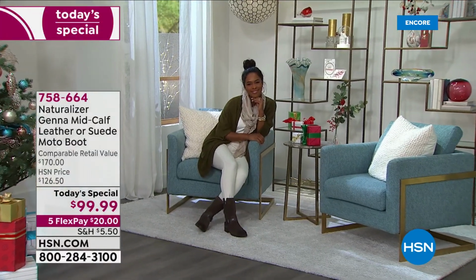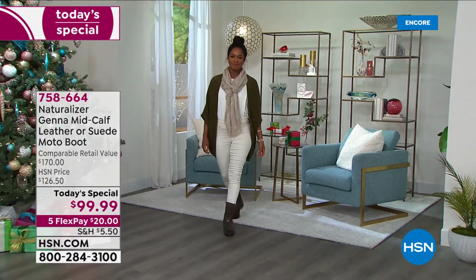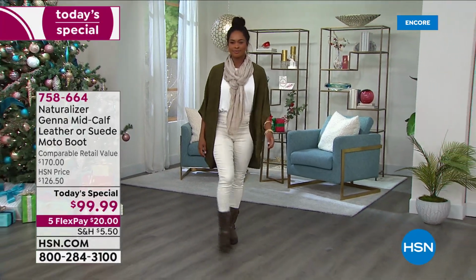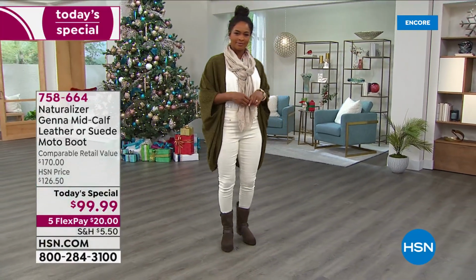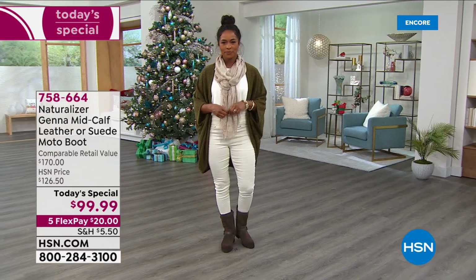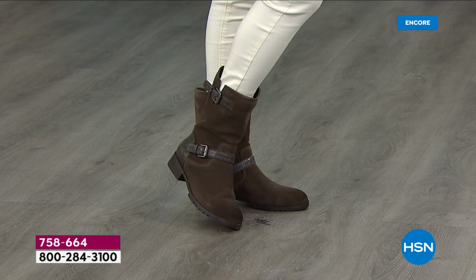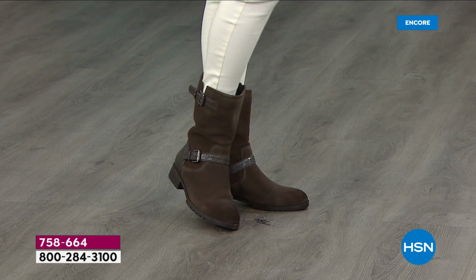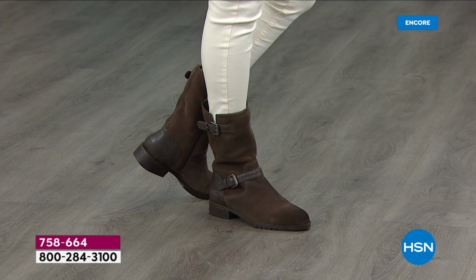And you know what, Callie? A catchphrase that Naturalizer uses for a lot of their shoes is elegant utility. You're going to find this beautiful blend of a shoe that has elegance, but can also be casual and functional at the same time. You can pair it so many different ways. You can look so modern, you can look so trendy, but it still has this beautiful marriage of being classic. It's a quality shoe. It's something that will last, but something that will maintain with the trends, with the fashion,